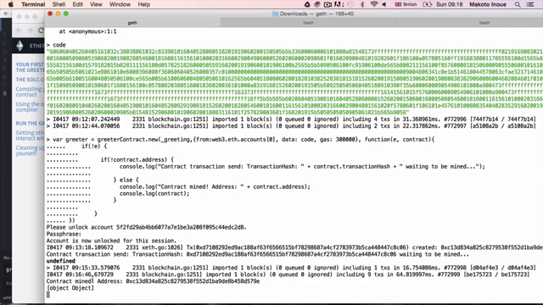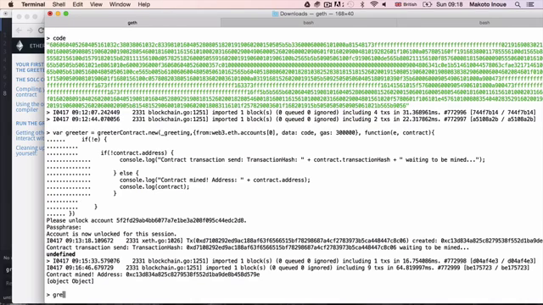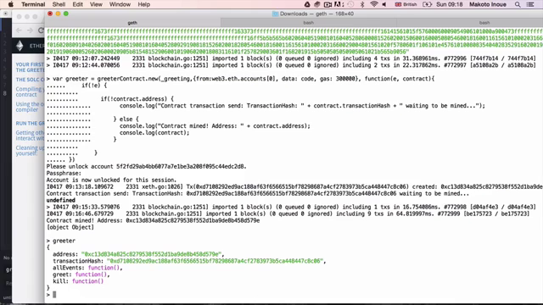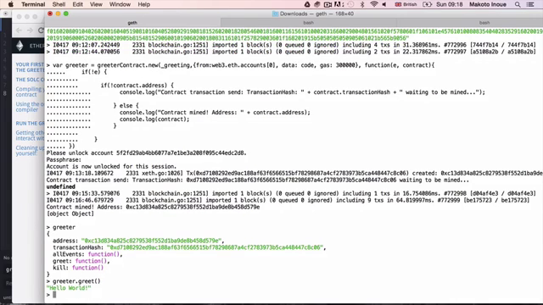Now the contract is mined. For the greeter, we can see the address, the same address, and then we can see the list of functions. So if you do greet, hello world,